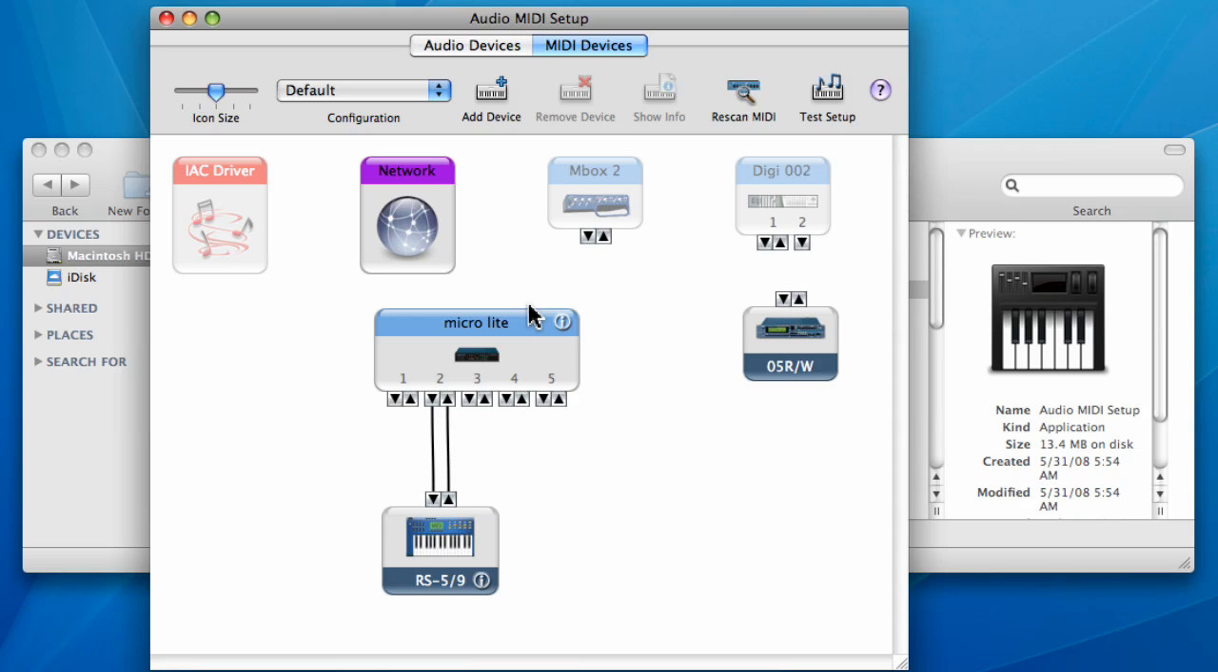MIDI setup. If you don't have any icons in here, you might have to do one of two things. You might have to install some drivers that might have come with your MIDI device, or you might need to click this Add Device button and configure a new device. So take a look here at my Microlight interface and my RS9 keyboard, and let's see if we can make